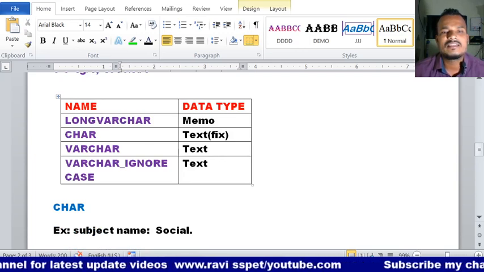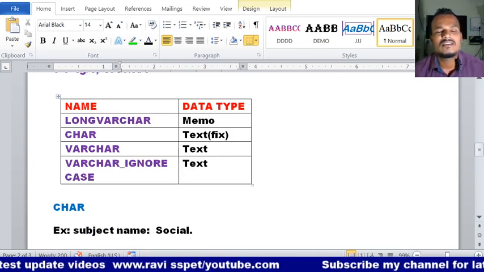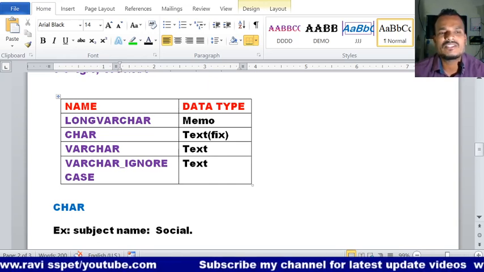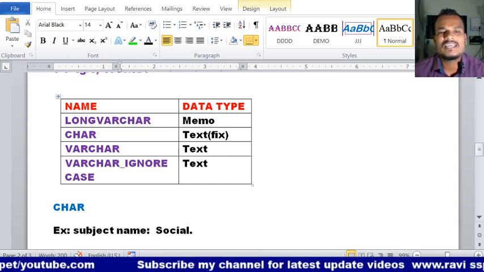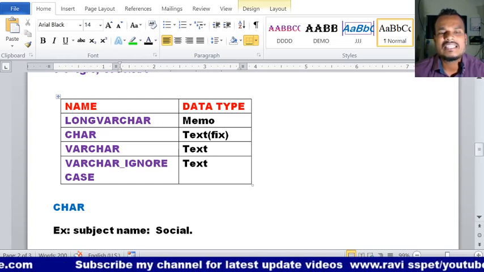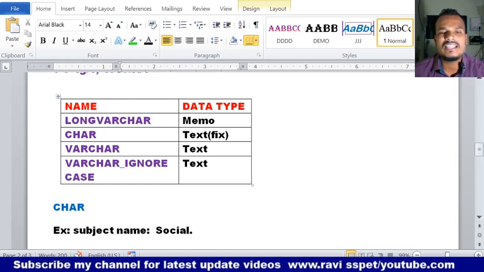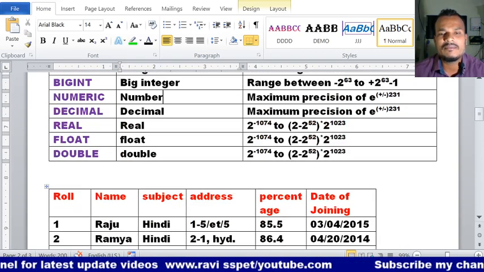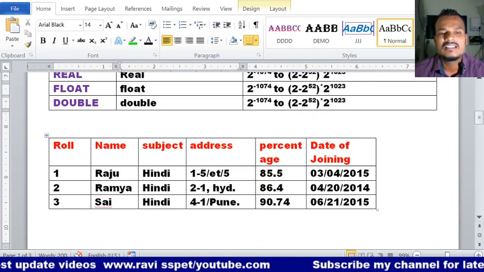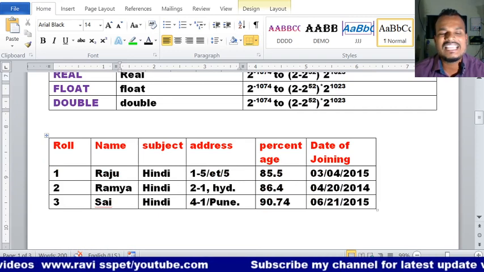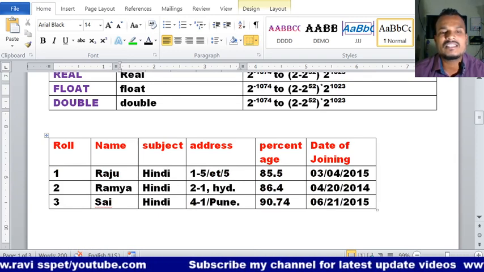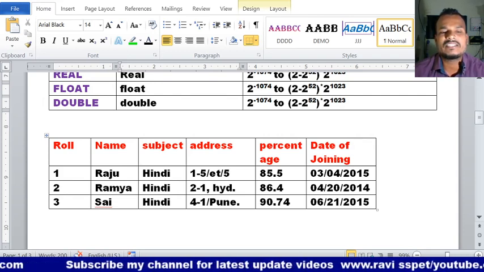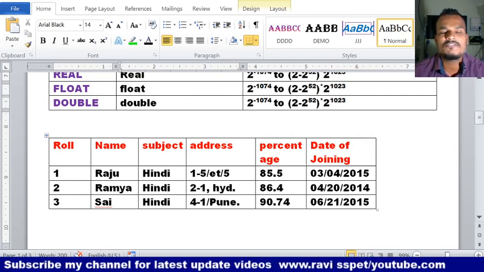Char means text. Here we are not dealing with numbers in the character data type. We are dealing with text, meaning characters only, and of a fixed length. For example, in our table, if we want to mention the subject for 3 students, say the subject is Hindi: 1, 2, 3, 4, 5.